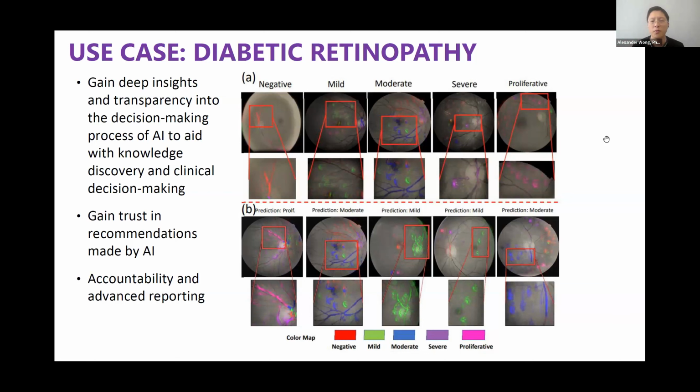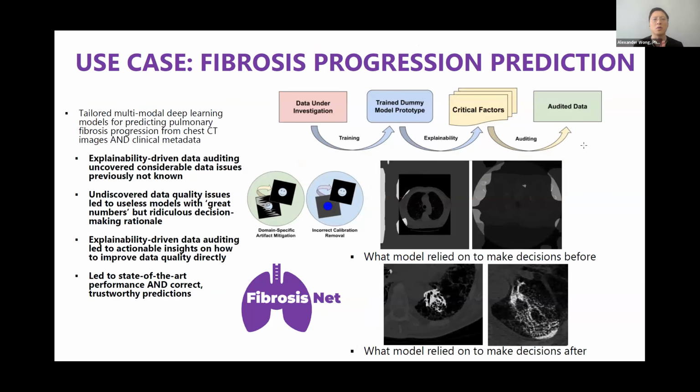And so what we found with a system like this was that the clinicians are not only more appreciative, they don't really care much about the actual decision being made itself. They care more about the explanations being provided because it's these explanations that allow them to identify key areas for them to focus on in their own clinical decision-making process. And so this allows for a lot greater accountability as well as much more advanced reporting to clinicians.